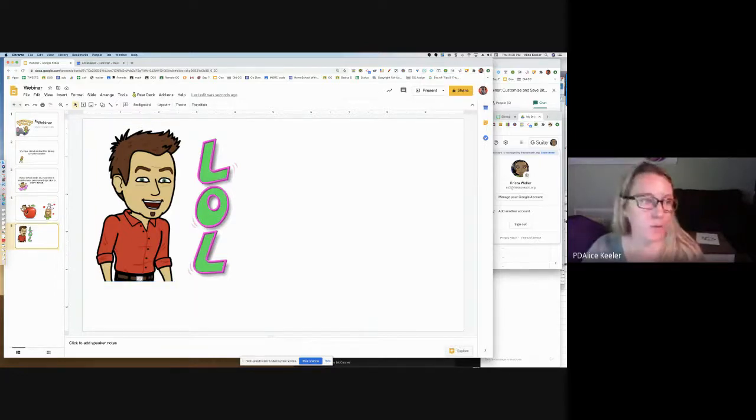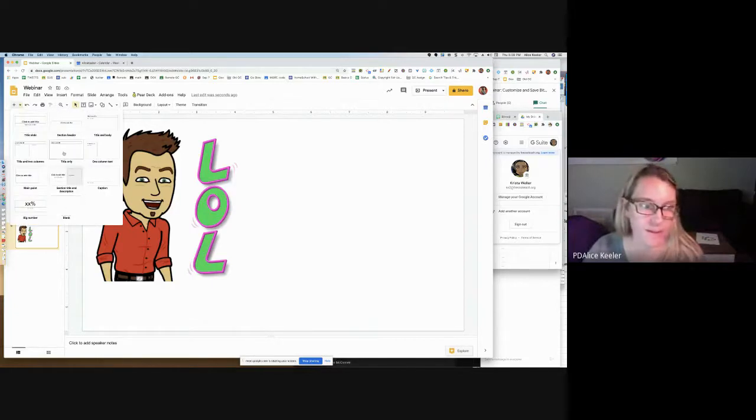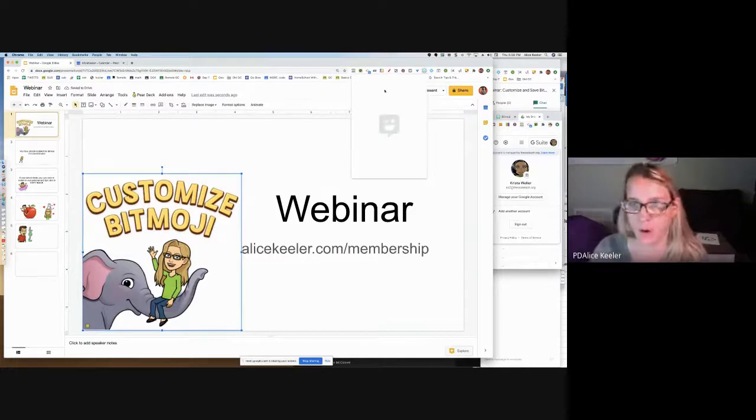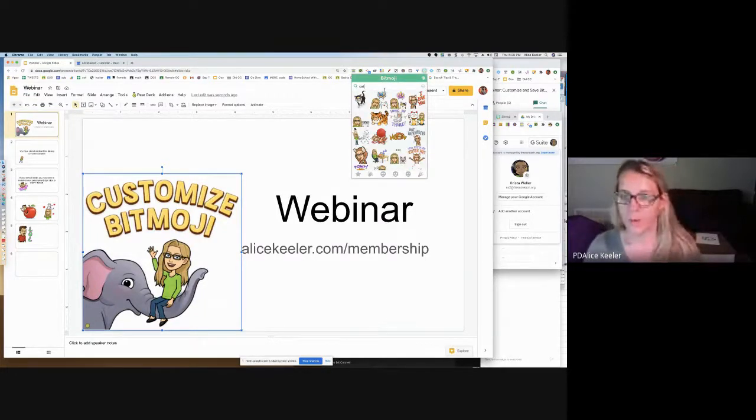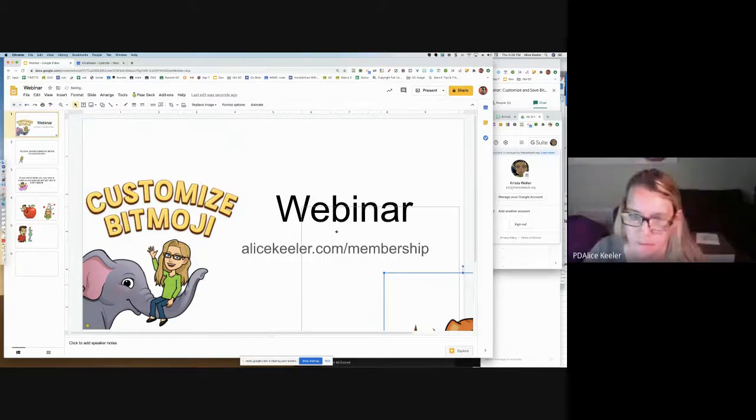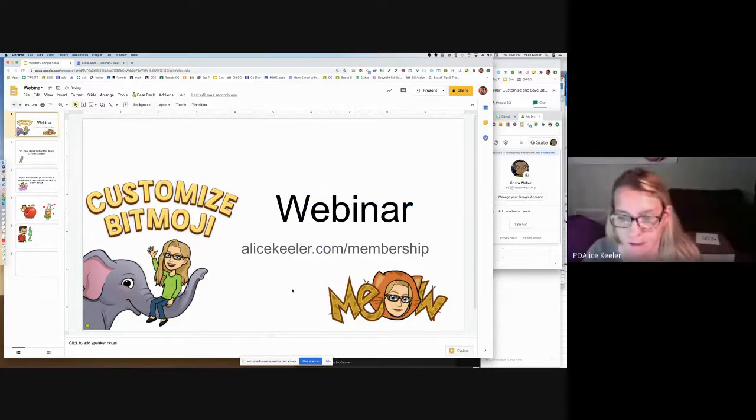So what we are going to practice today, if you did not know that you could do this, is this: you'll notice that my Bitmoji says customize Bitmoji. Well, there is no Bitmoji that says customize Bitmoji. So if I type in cat, a whole bunch of cat emojis come up, and I can literally drag from the Chrome extension down onto the Google Slides. You can do that in Docs. The only problem with Docs is that it inserts a picture, so all your words get shuffled and moved. So I think it's real nice to use it in Slides, and